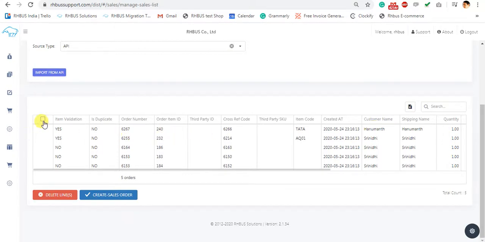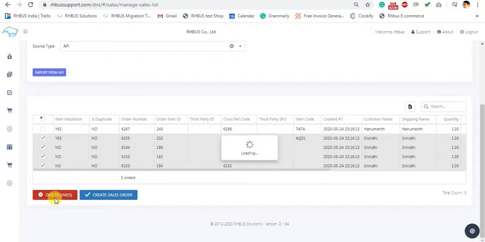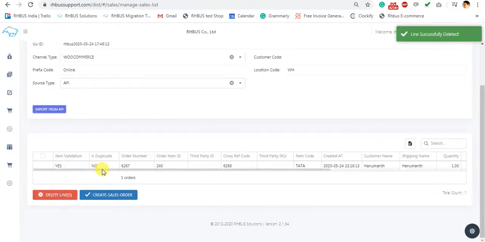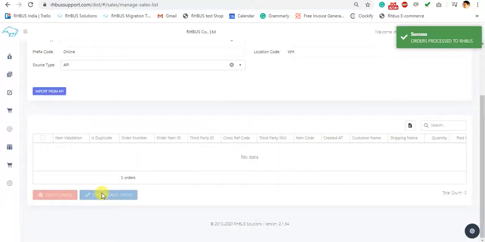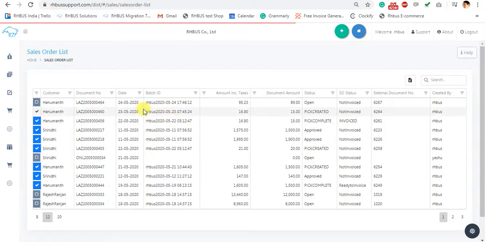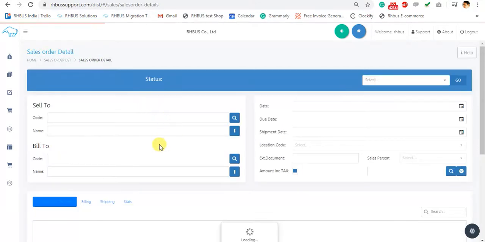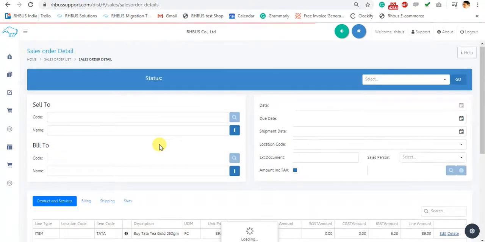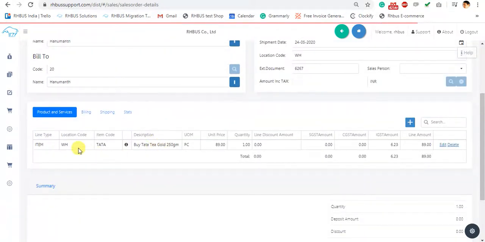So for my example, let me unselect this and delete all other orders. I will want to convert this into my sales order. One click, it will convert into sales order. So the shop holder can go to the sales order, he can see what exactly the customer has placed the order. Hanmant, see, this is a product which we just created and uploaded into my e-commerce portal, and also immediately I received an order from my customer.